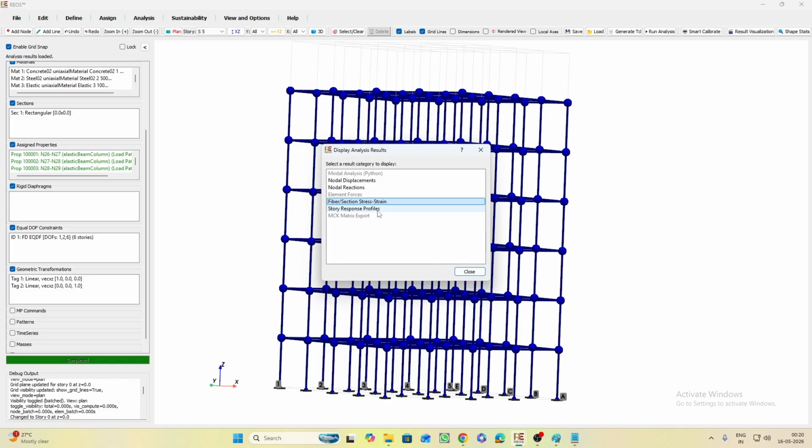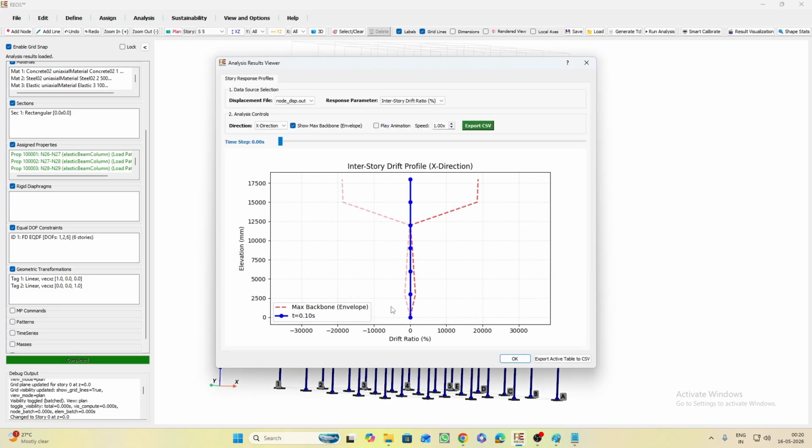And here you can track the story response. Double click and